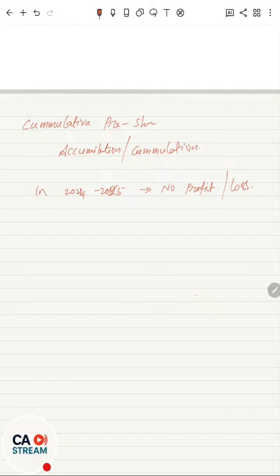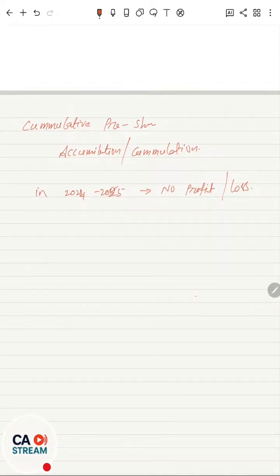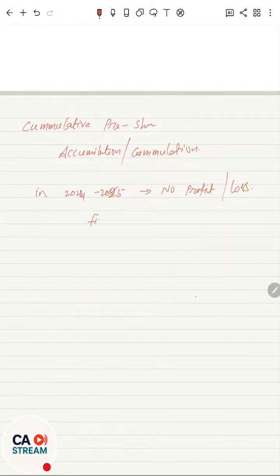But a preference shareholder is already promised by the company a fixed rate of dividend, sir. Say for example, 50 rupees is the fixed dividend that the company already promised to him. Because there was no profit in 2024-2025, the company had not paid that 50 rupees to the preference shareholder. Now, in 2025 and 2026, if the company promised to pay 50 rupees of last year,